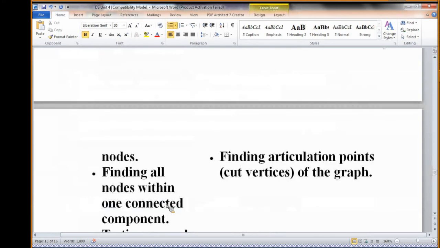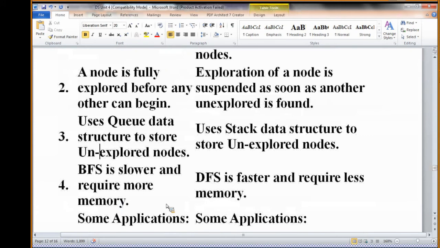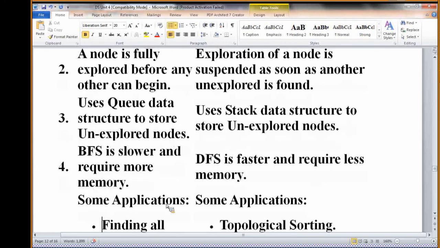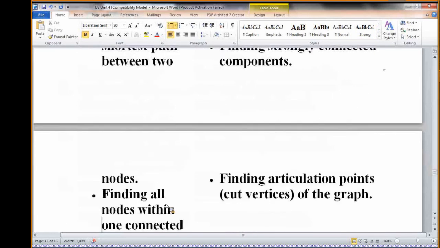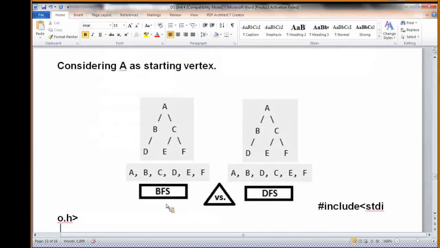So here, those explored and unexplored nodes will be stored in a queue in BFS. In case of DFS, a stack will be used. These are the applications. So just one small example I have given. Mostly in interviews,